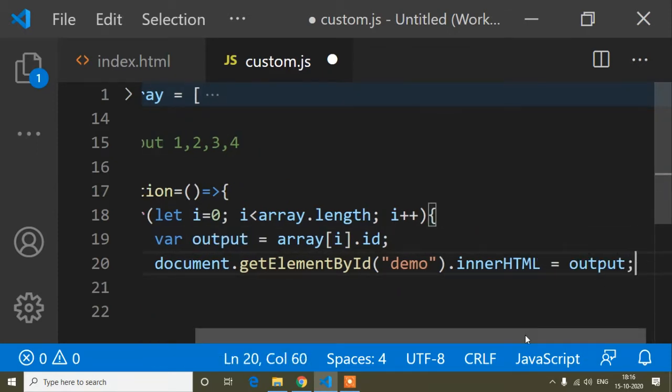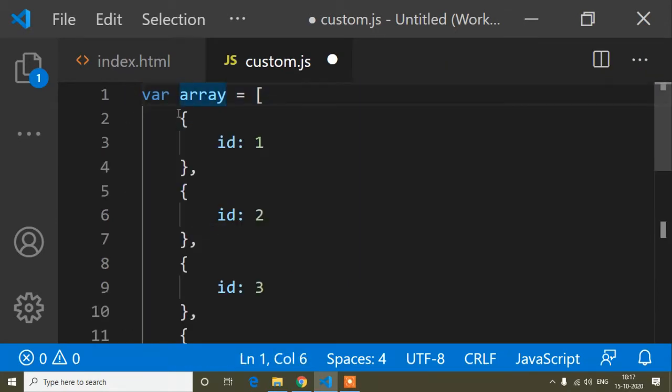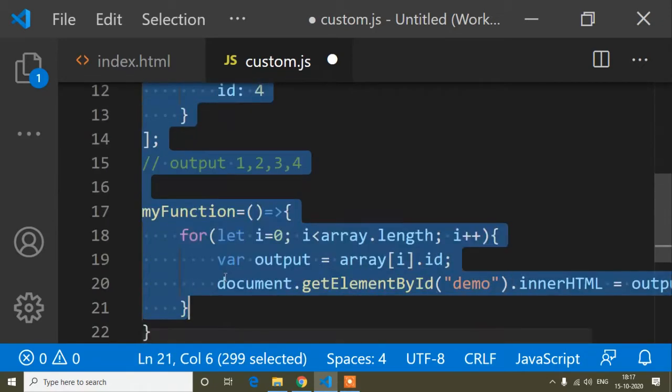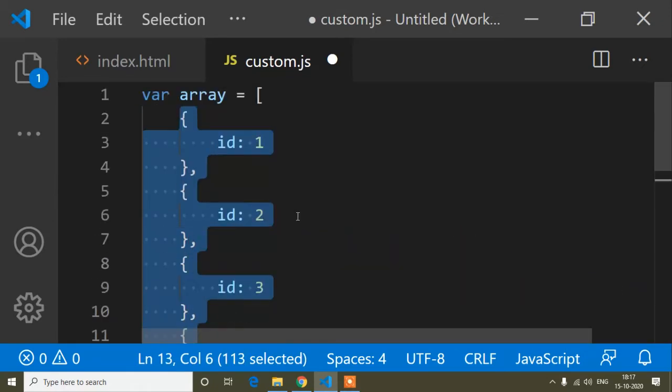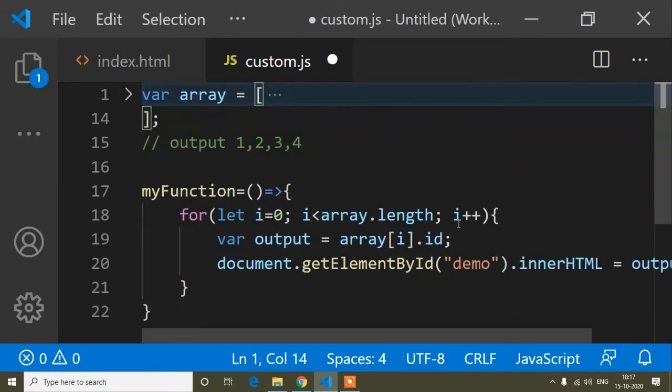First of all I have used a for loop, that is i, and i will loop up to array dot length. This is the array, and array dot length means from the start up to the end, so i will loop up to this id 4. And i plus plus means i will increase 1 by 1.